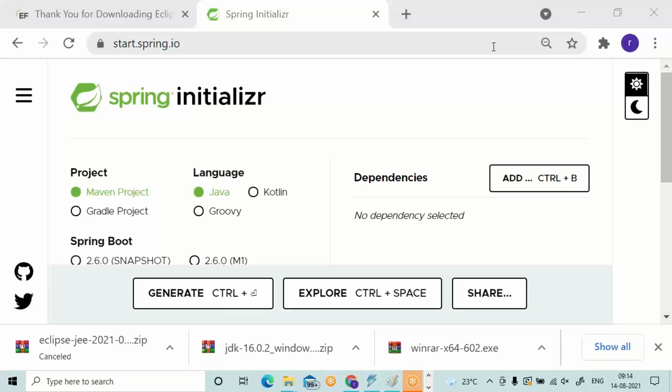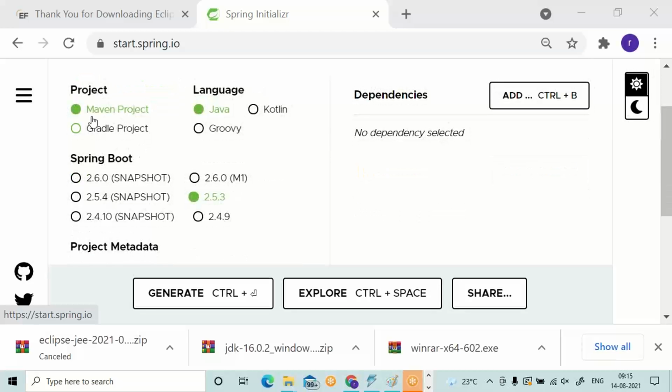It will provide a ready-made Spring Boot project. We need to give some input to the Spring Initializr. Whatever input you are providing, based on that input, it will provide one ready-made project.